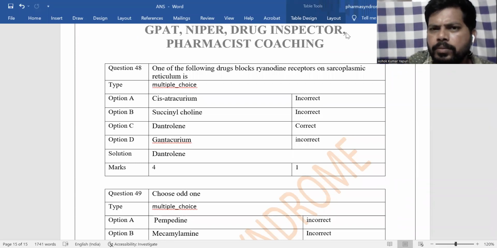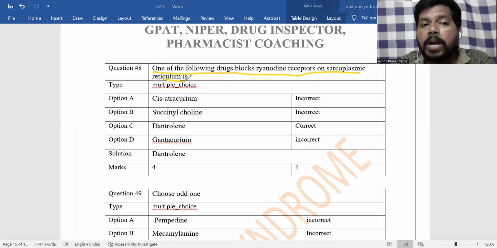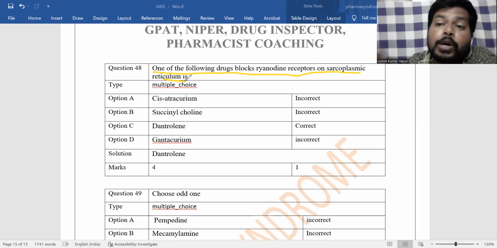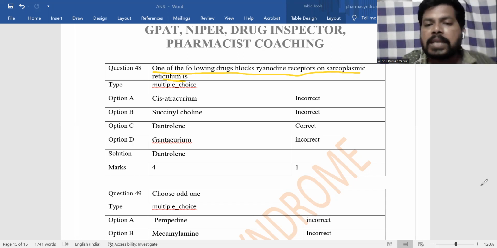Next. Which one of the following drugs blocks ryanodine receptors on the sarcoplasmic reticulum? Sarcoplasmic reticulum is present in skeletal muscle. Activation or opening of the sarcoplasmic reticulum releases calcium, and that needs ryanodine receptors. The role of the sarcoplasmic reticulum is to store calcium and release it when required. So dantrolene is the drug that blocks the ryanodine receptors on the sarcoplasmic reticulum and decreases the release of calcium